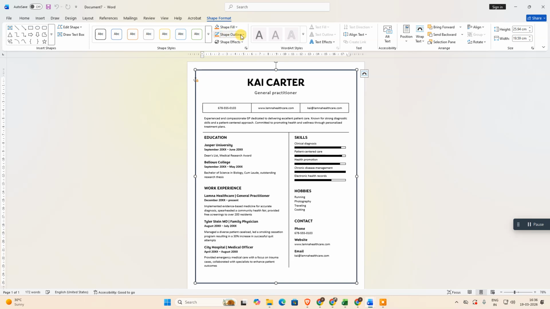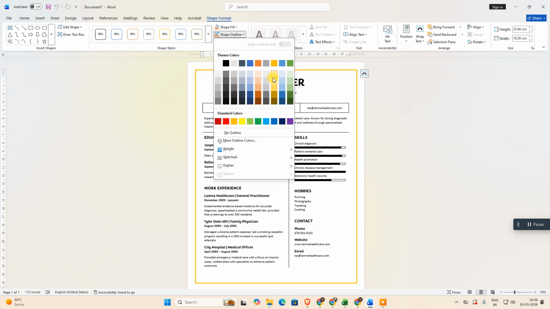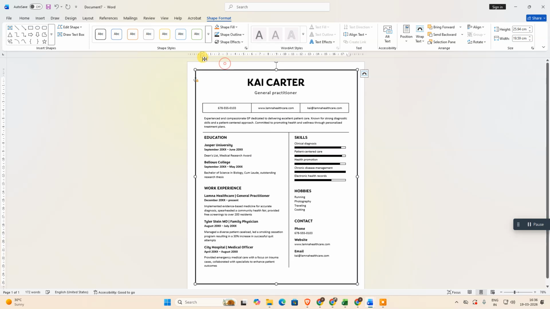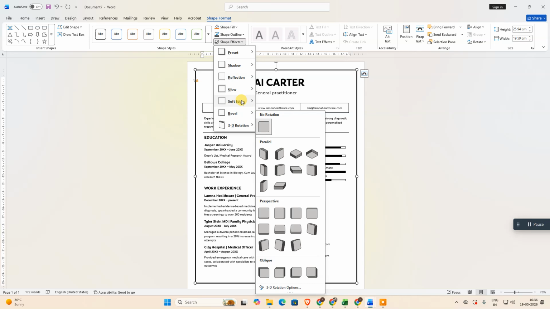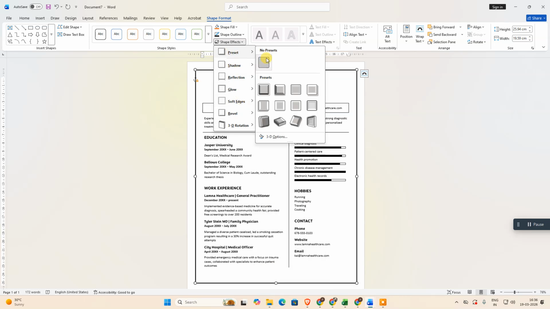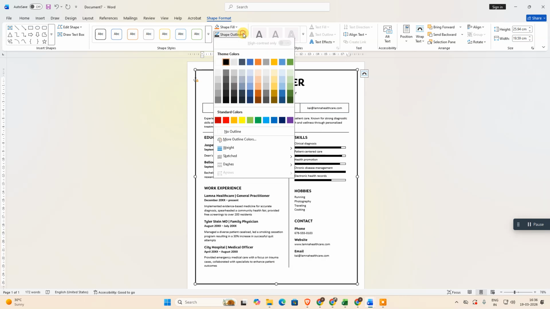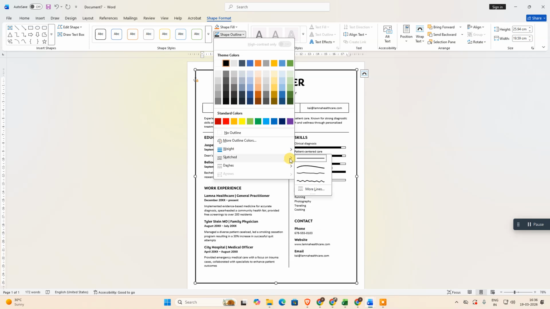Now go to the shape outline. You need to just double click on that frame, then this option will be enabled. Now go to the outline, shape outline. You can change the color of this outline. Okay, go to the shape effects. Here you can do shape effects like this. Okay, go to the outline. Here you can change that frame style,